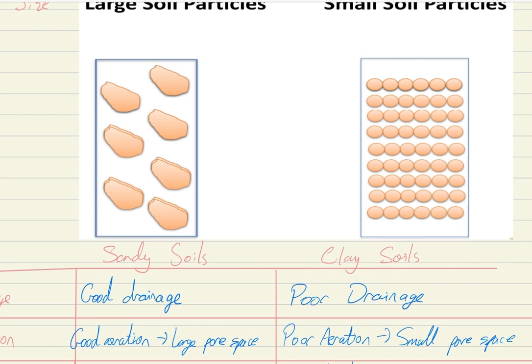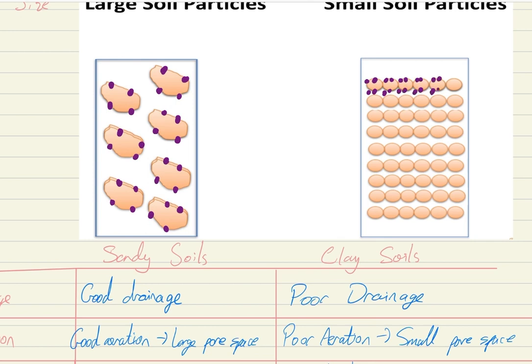So we have 1, 2, 3, 4. All these are nutrients, your nitrogens, your phosphoruses, your potassiums, carbons, anything that's going to be able to attach, your magnesiums, your calciums. You can see here that we have large soil particles in our sandy soils. Due to the surface area of our sandy soils, they are able to accumulate fewer nutrients in comparison to our clay particles. If each of them is able to take on 4 nutrients,